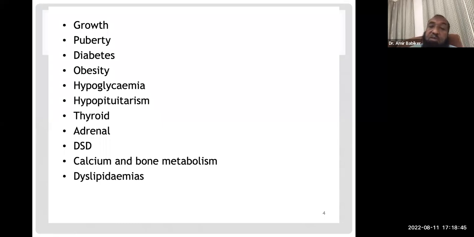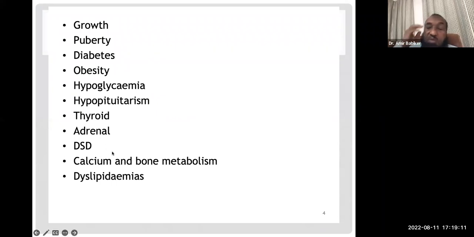And hypopituitarism is something we are going to touch base on, because if we talk about growth and puberty and thyroid and adrenals, we are more than halfway of talking about this, because we will talk about this at primary and secondary level. So by definition, we are talking about isolated deficiencies in these topics, and the secondary level of deficiency includes hypopituitarism.